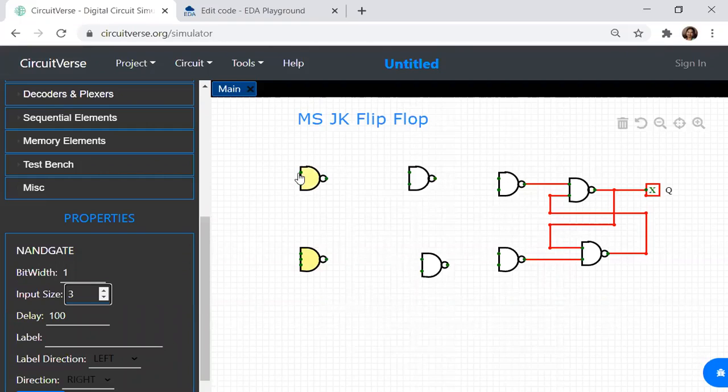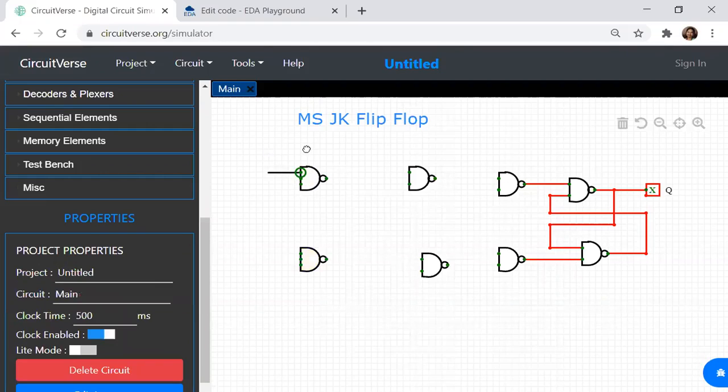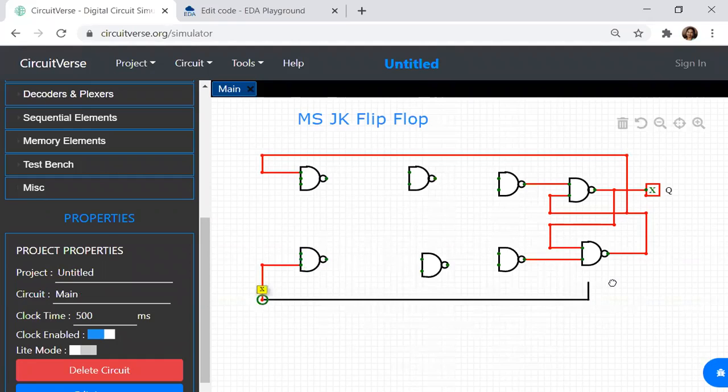Now what happens? Q bar is connected to this one. This first NAND gate has a connection from Q bar. It is not from Q, it is from Q bar. This has a connection from Q. I'm showing it to you in NAND gates. You can also try it using AND, this gate being an AND gate. Okay. So Q bar is connected to this NAND gate.